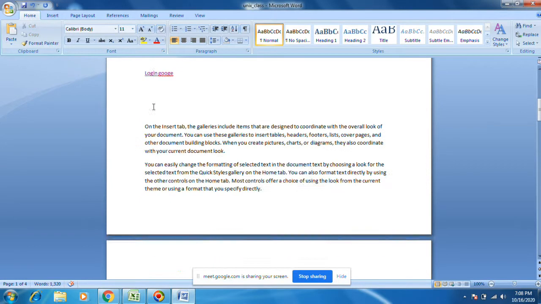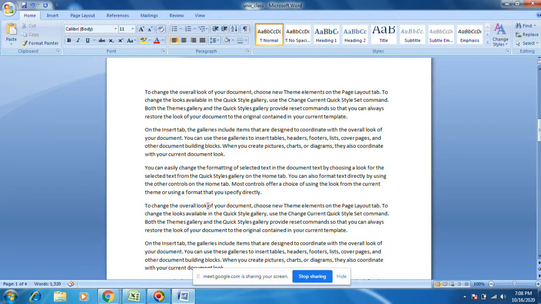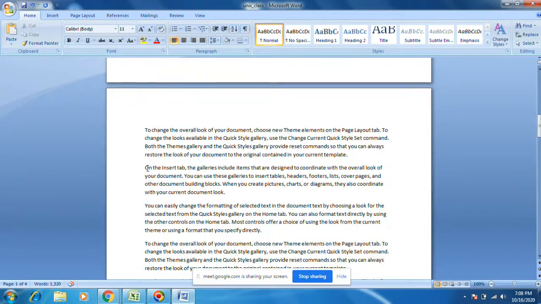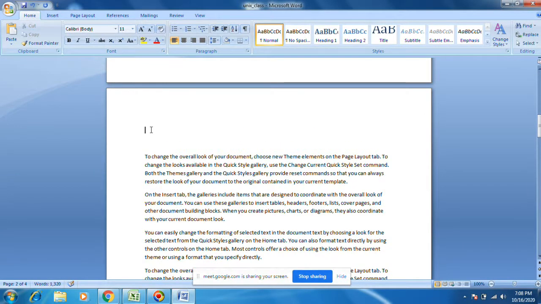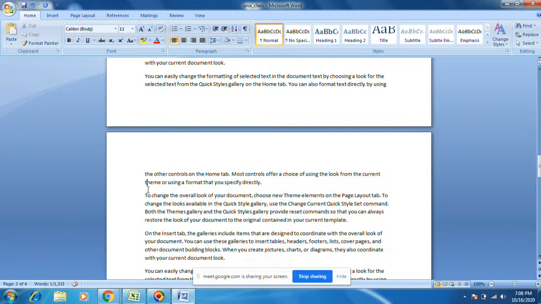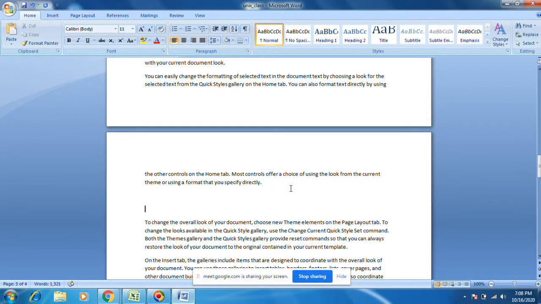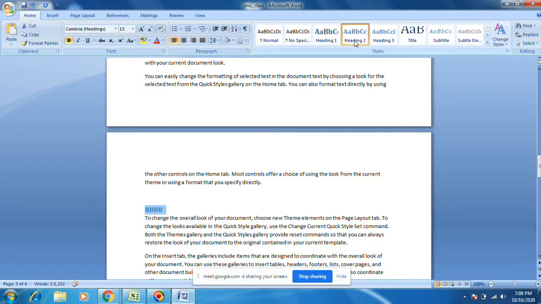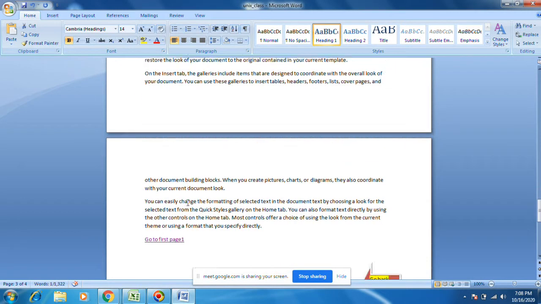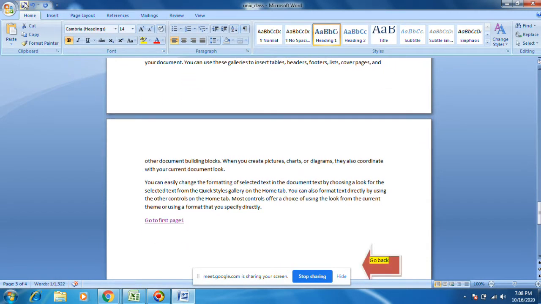What if I want to go to page 2 or page 3? What is the position option? Let's see that also. I'm putting heading 1, or heading 2, anything. Let's save.